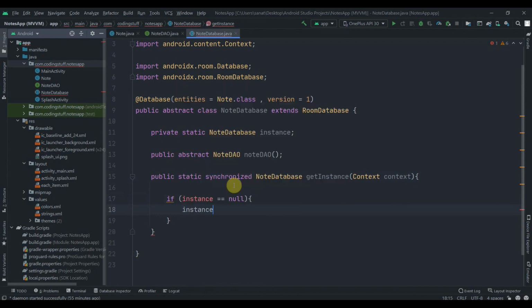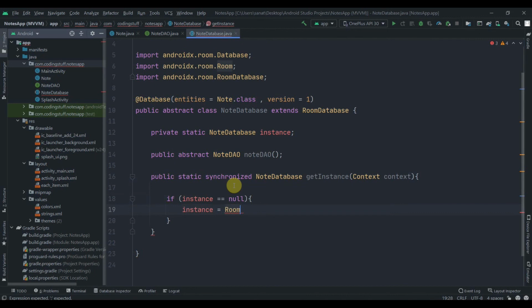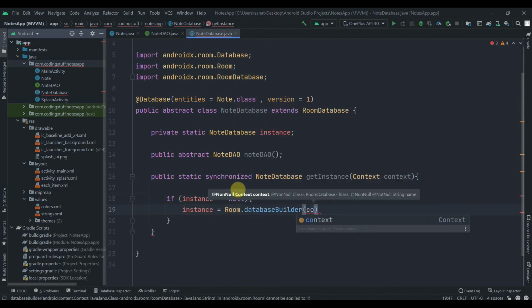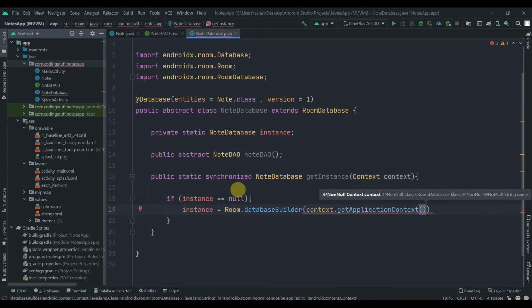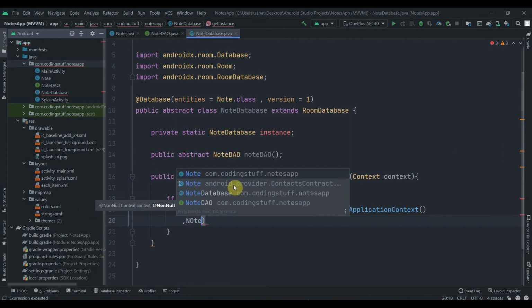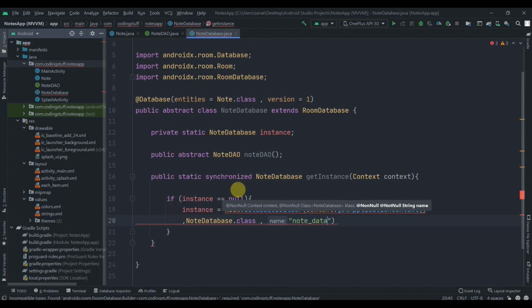So we'll write instance equals Room.databaseBuilder, and here we need to pass the context, getApplicationContext, and I will continue on the next line. Then we need to provide the class. So NoteDatabase.class, we want an instance of this class, and then we just have to write the name. We can write anything, let's say note_database.